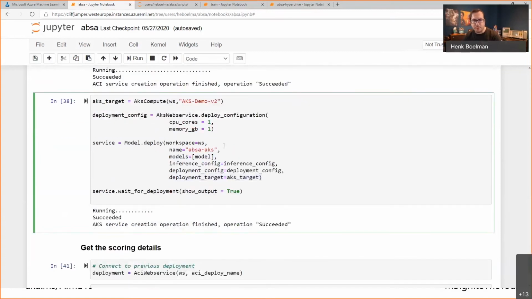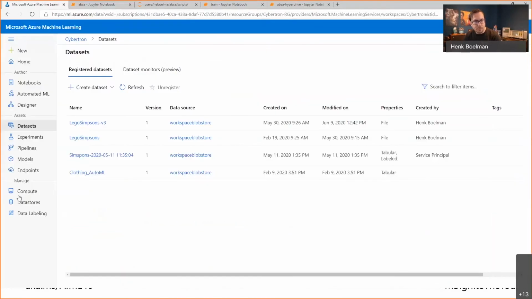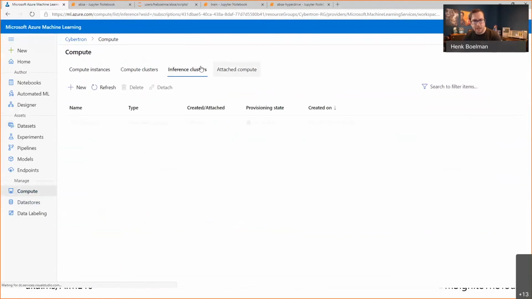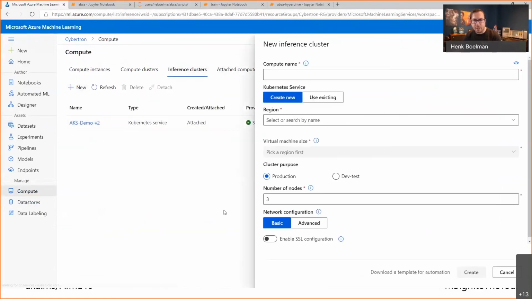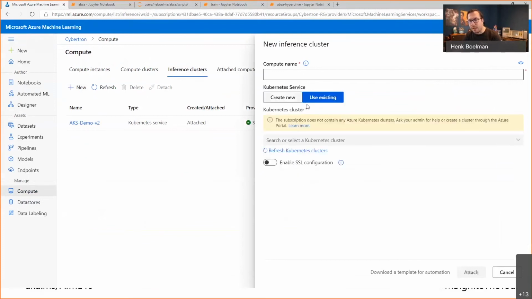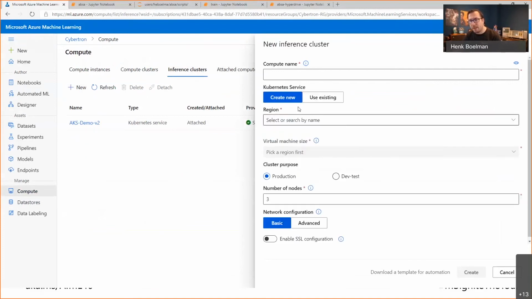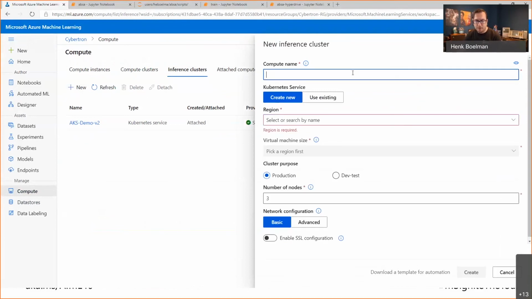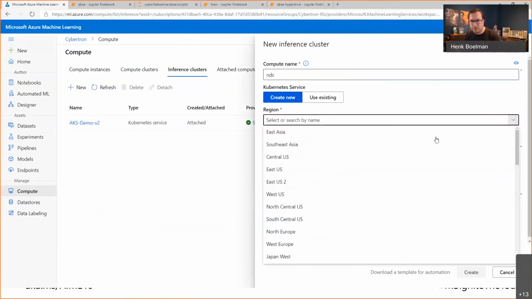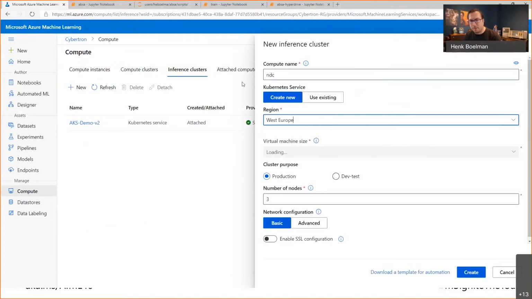And this goes way faster. So if you go to compute and go to inference clusters, this is the place where you create your AKS. So you can use an existing AKS service, or you can create a new one here. We just say NDC, probably it already exists, but let's guess our luck. We say where we want to have it, choose a virtual machine size,